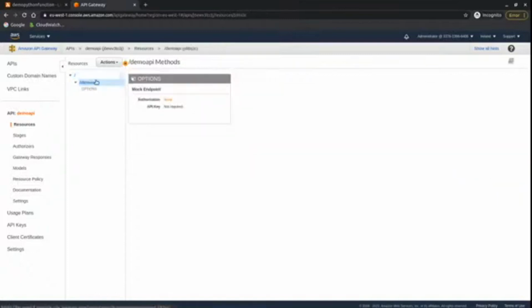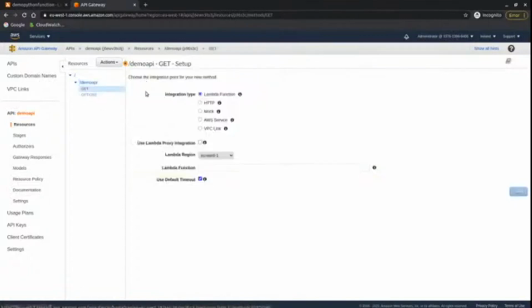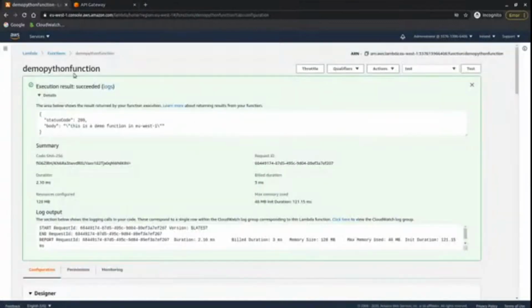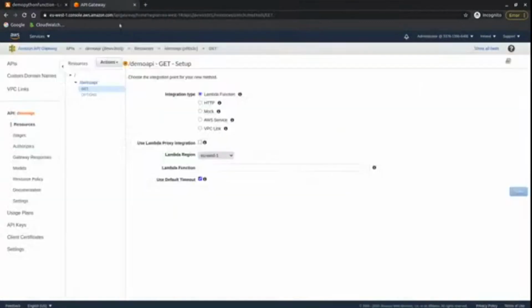Here we are going to add a method called GET method. This is to get data from our function. On this method, if it opens, we're going to add our function. Just copy this name so that this function is the one that is going to be invoked when you call this API. We are going to use our Lambda as a proxy. Our region is EU West 1, which is Ireland. That's close to my location. And you click on save. When you click on OK,